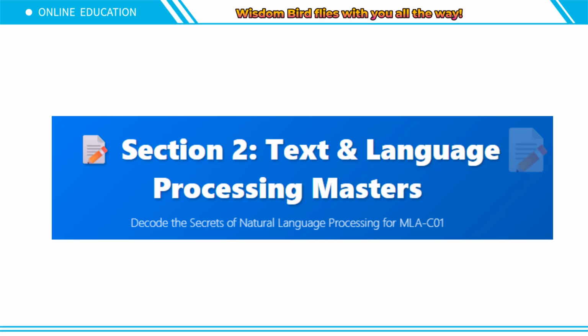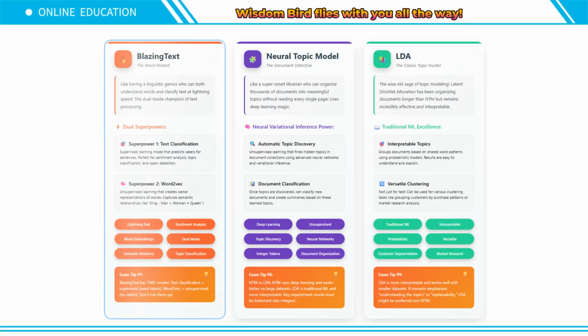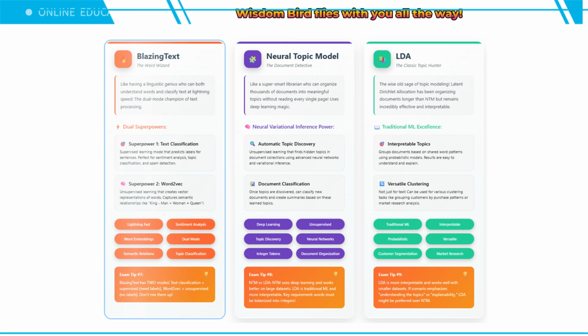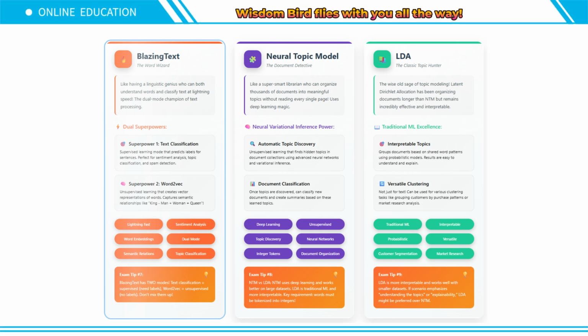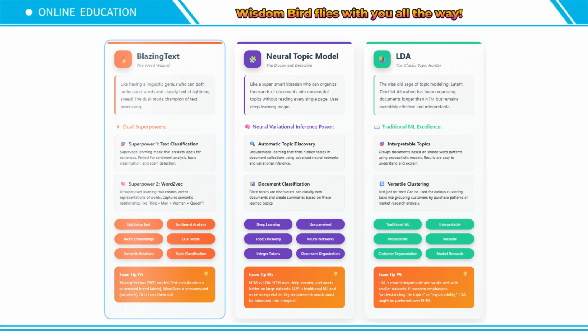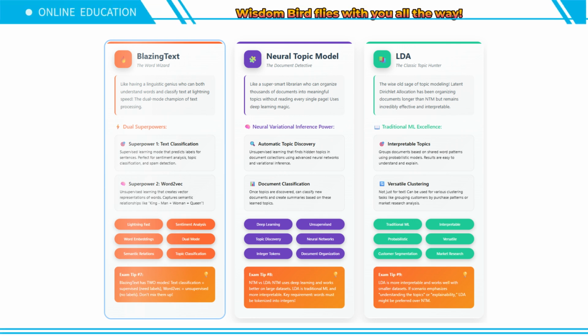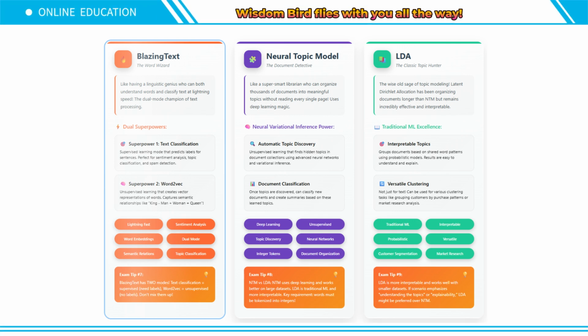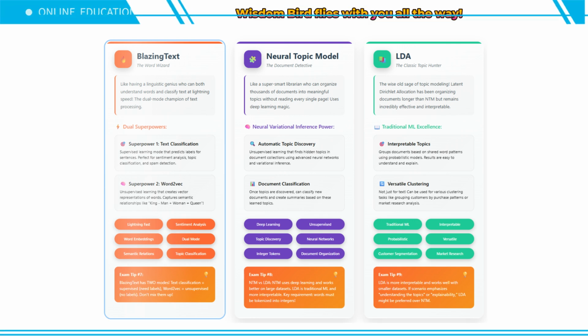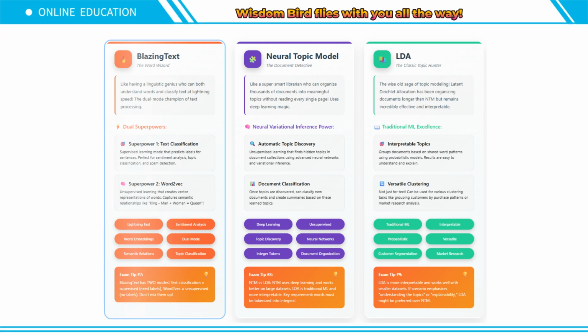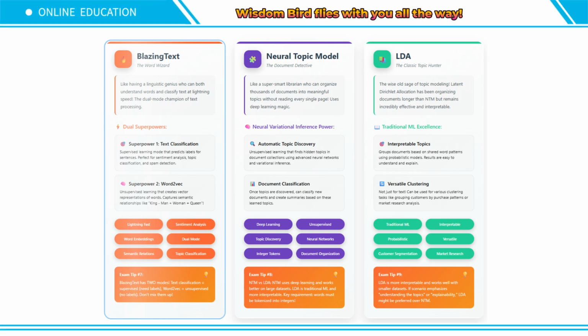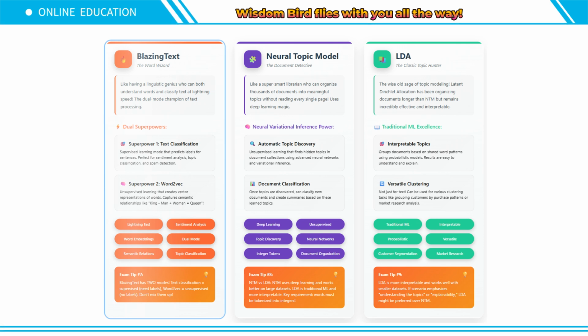Text and language processing masters, the word wizard. BlazingText is like having a linguistic genius who can both understand words and classify text at lightning speed. This algorithm has 2 superpowers. Superpower 1, text classification, predicts labels for sentences. Sentiment analysis: positive, negative, neutral. Topic classification, spam detection. Superpower 2, Word2Vec, creates vector representations of words, captures semantic relationships, king minus man plus woman equals queen type